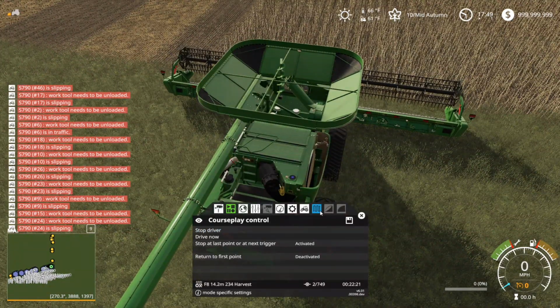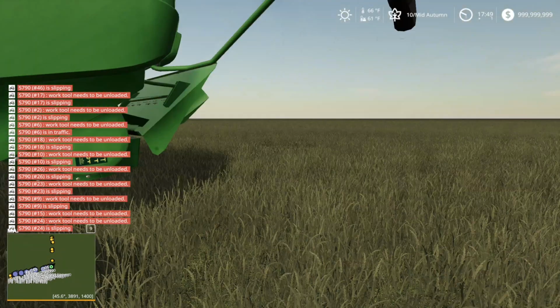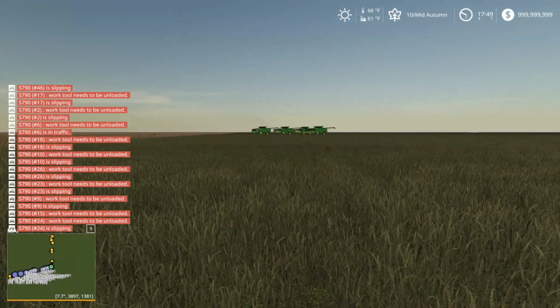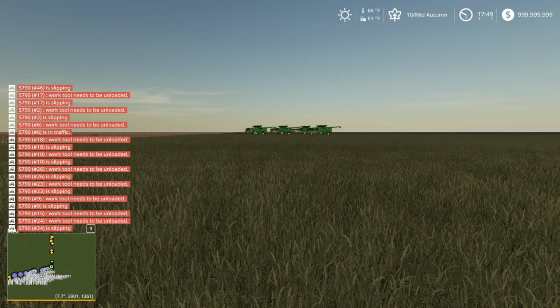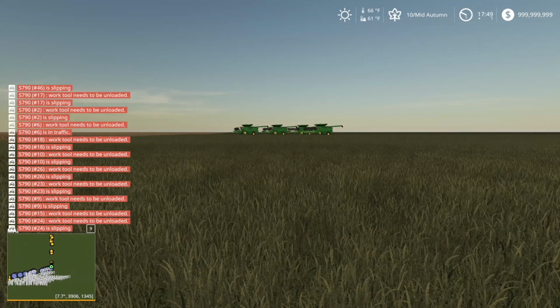And let's see what we're on, number 37. Nope, 36. Okay, well, that's right. I had 37 over here, didn't I? That's right. So hopefully that maybe kind of explains it. If the course is not being used by a vehicle, Courseplay does not load that course at the load time of the save game. Unless you have...